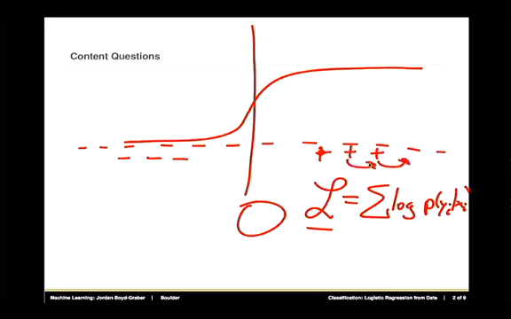That guy moves to the right. That guy moves to the right. And this guy moves to the left. This guy moves to the left. This guy moves to the left. And you do that by making the betas larger,